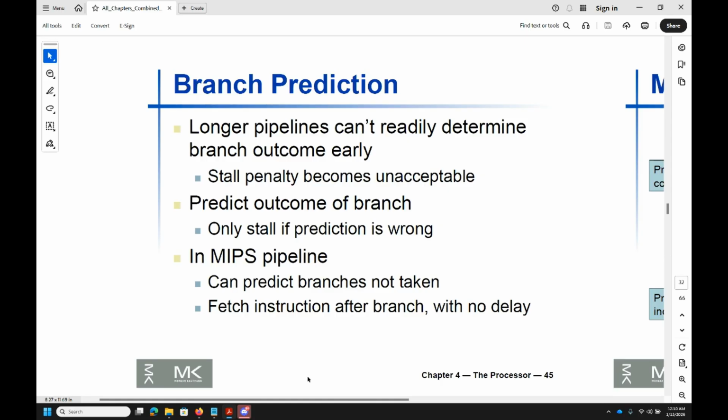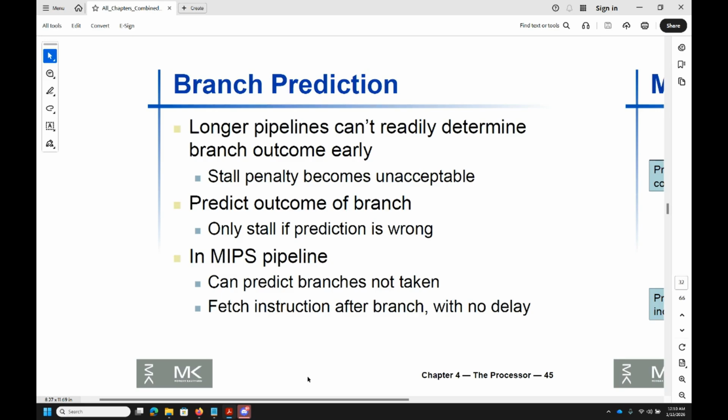Or like, mostly the loop will be true. So we can go with that assumption. The other thing is that each time you're checking, you have to do three things. First, take the current value of I, compare it with the condition, and then increment the value of I. So if you have I equal to 1 and you have to go to 1000, you have to execute 3000 instructions. And that is a lot of instructions, right? A lot of checks. So you can avoid that by not checking it, by assuming that the loop is true.